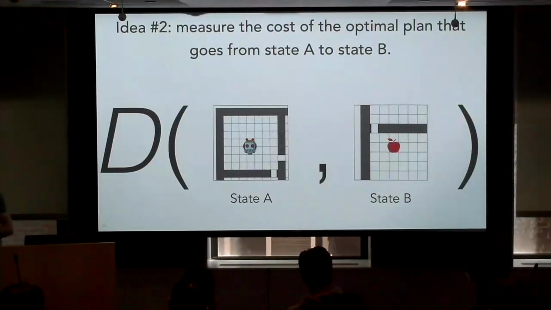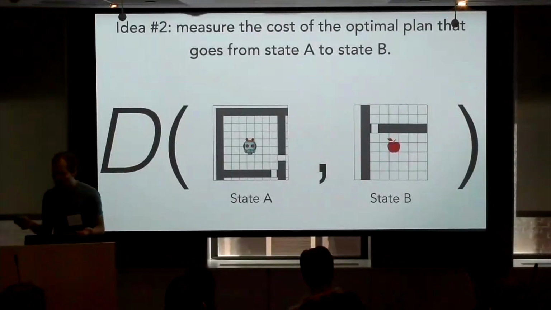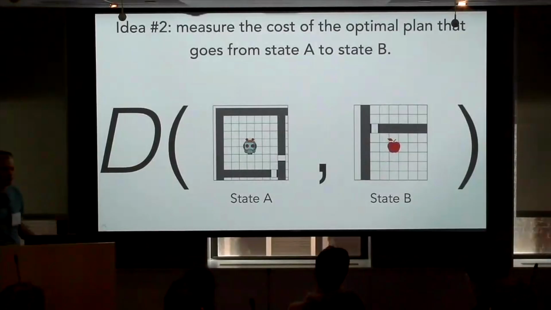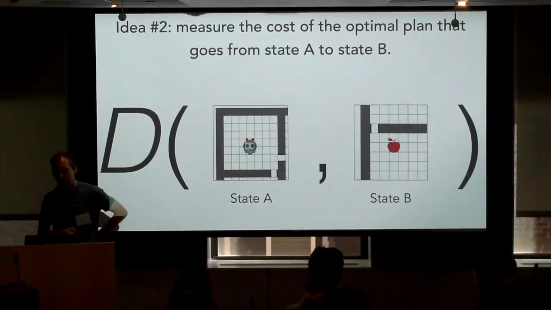And then I'm going to talk about the second idea, which is physics. Okay, second idea is, high school physics told us how to measure distance. It's just the length of the path between two things. So can we measure distance between two states as the cost of going from state A to state B? And the non-trivial part is we want to make it the optimal cost of the shortest path between state A